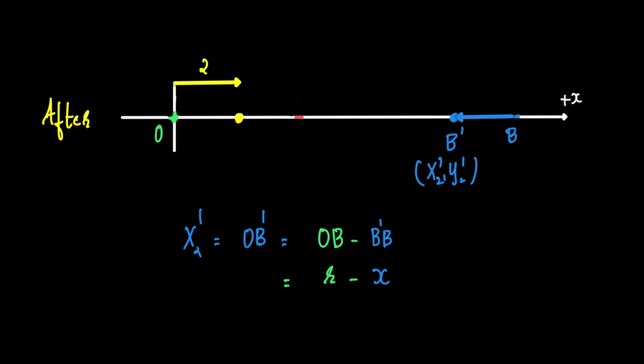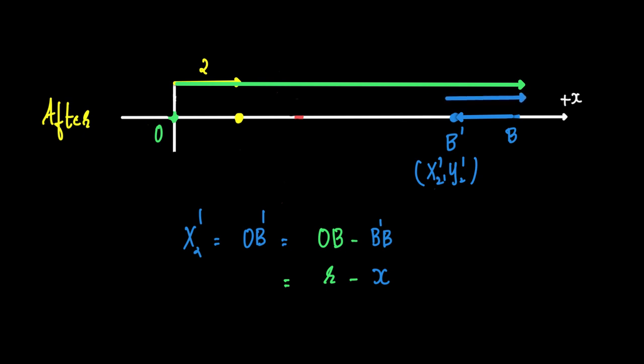Because we are measuring every length with respect to the origin O here. So x2 dash is equal to OB dash, and from the geometry of the figure, OB dash is equal to this complete length OB minus